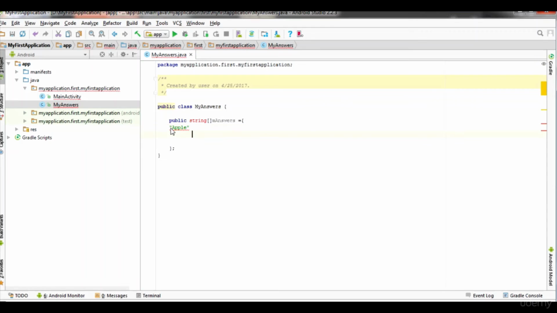Next I'll populate oranges. Here we need to add a comma. Next will be mango.